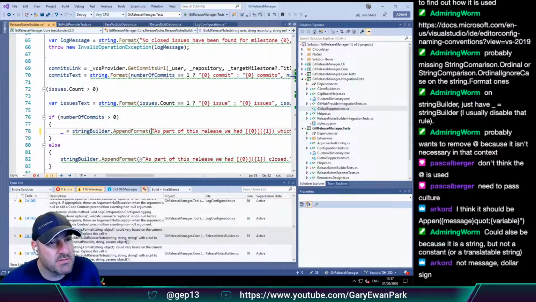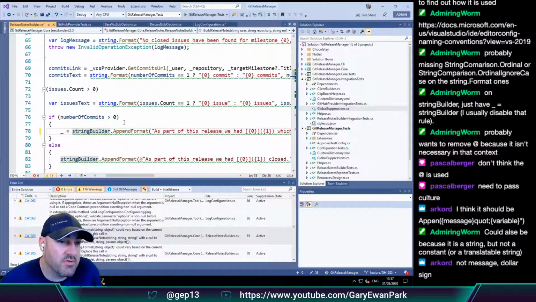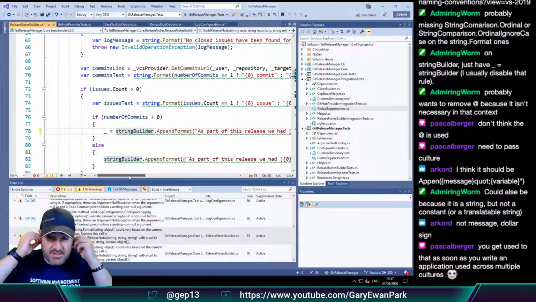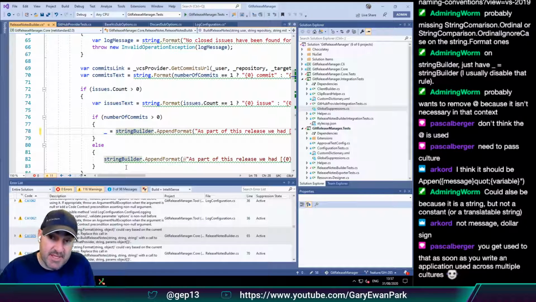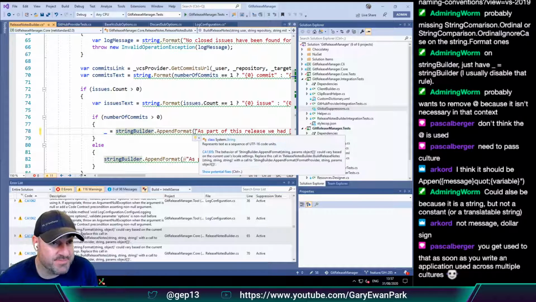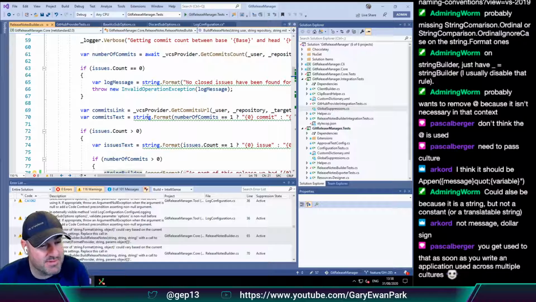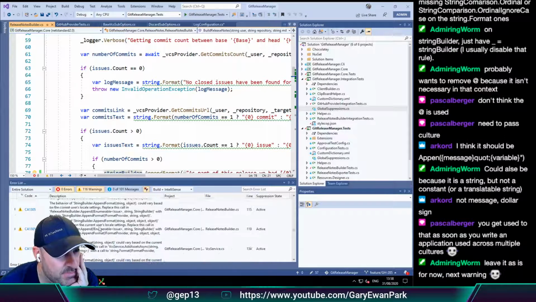But all of this becomes moot though. So all of this section becomes moot based on the work that R2 is doing in the other PR, because we're no longer using the string builder, because it's now all becoming a template. So all of those ones become moot. So I'm going to leave the string builder as it is.